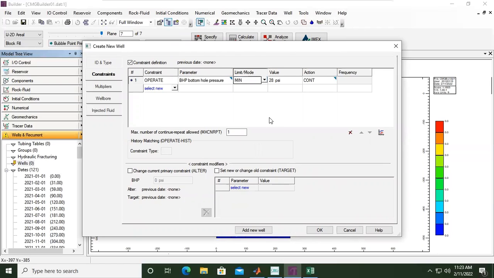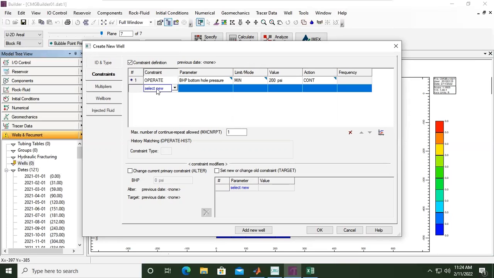So CMG will have big freedom to calculate the bottom hole flowing pressure, but I will just give the minimum value. For example, for 2,000 feet with 1,250 psi reservoir pressure, let's say the minimum bottom hole flowing pressure is 200 psi. So if the pressure is too low, below 200, the well will die. The well will be shut in.